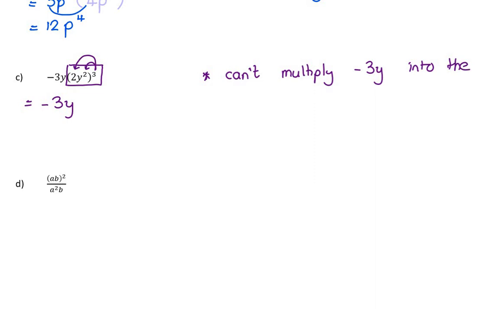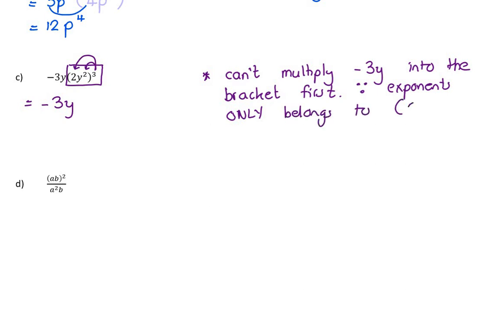Now this is because that exponent only belongs to the bracket. If you put that negative 3y into the bracket first, you're saying that that exponent belongs to everything. So this is because the exponent only belongs to that bracket. So if I put it in first, I'm then giving an exponent to everything, and that's not true. So I leave the negative 3y, and all I'm going to do in my first step is law 3 and